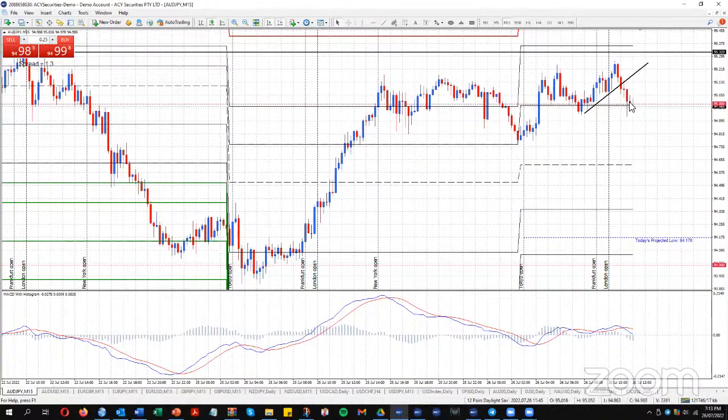I always have the option tomorrow, if we're below the 95 level, does it come up and fail at the 95 level? So there's always other options to get in. I'm just seeing whether or not it can get up there. Looking at price at the moment, I'm guessing it can't, but you never know what the next 12 hours will bring.